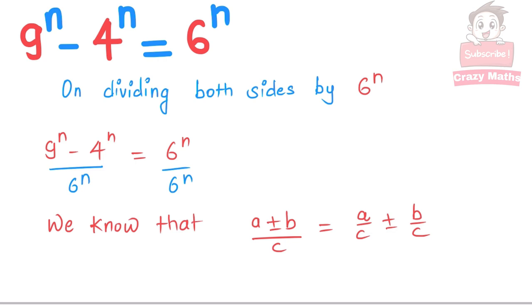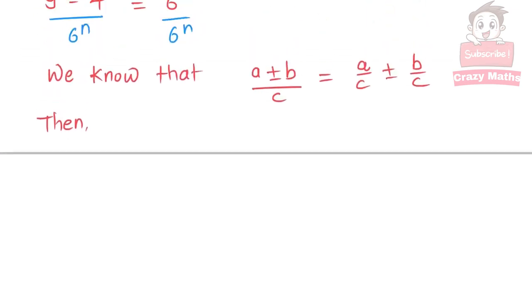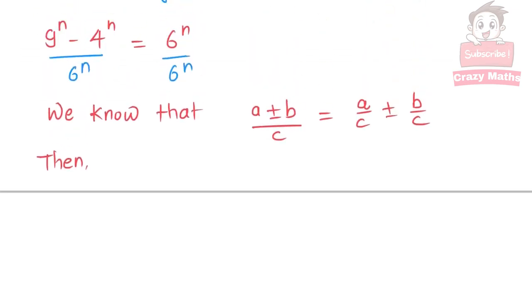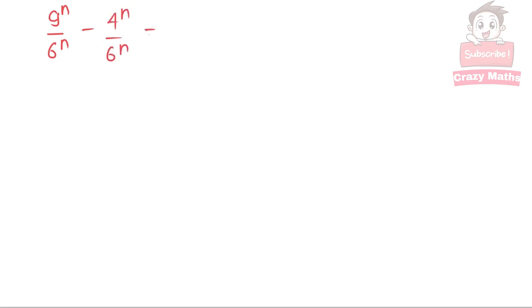Now, then it will be 9 power n upon 6 power n minus 4 power n upon 6 power n equal to 6 power